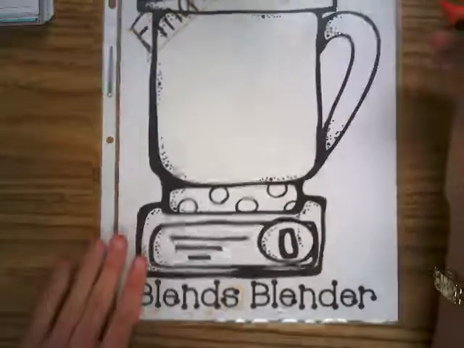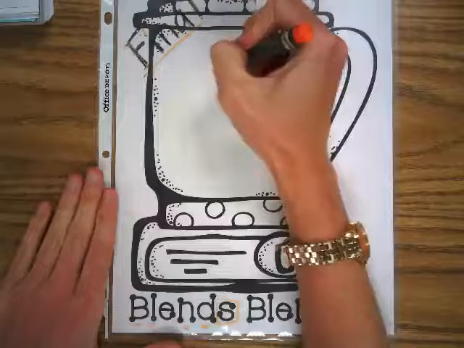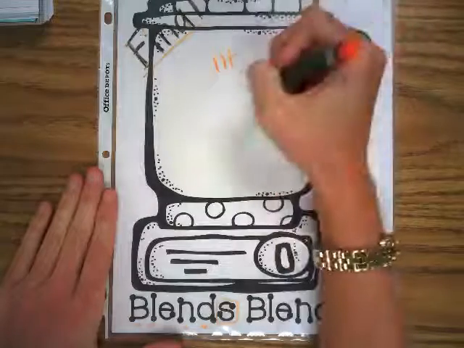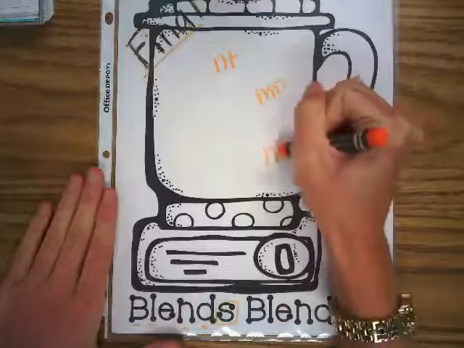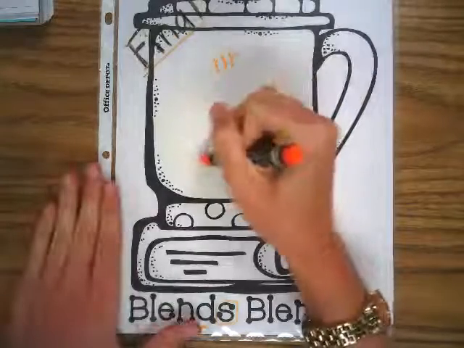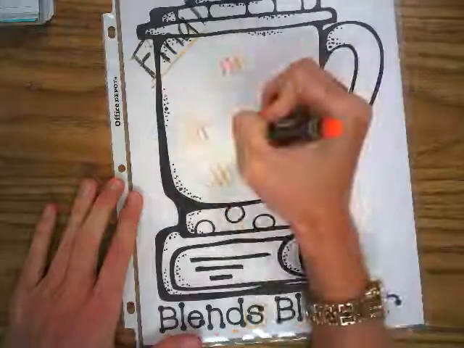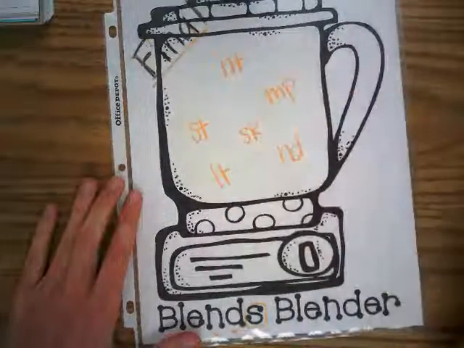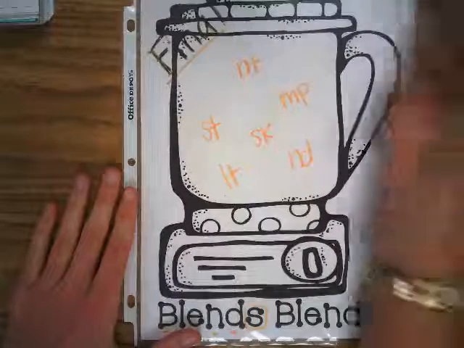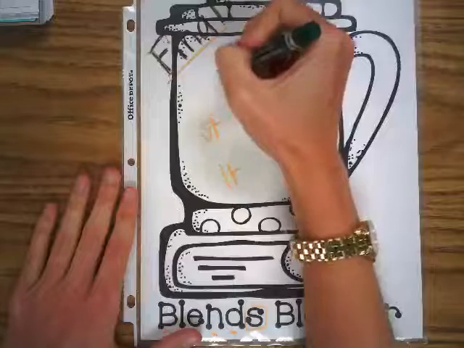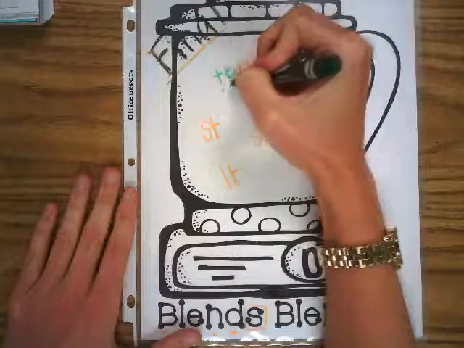But some of our final common blends that you'll find in words, you have NT goes nt. You might have a mp. You might have nd or lt. St. You might even have sk. There are some more blends. These are just more common. I'm going to give you some words and we're going to practice tapping them. So if I added TE in front of NT, we'll tap it